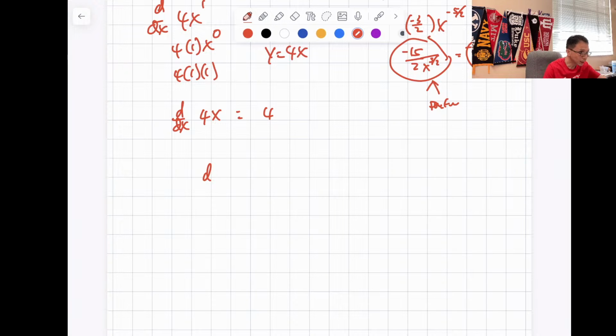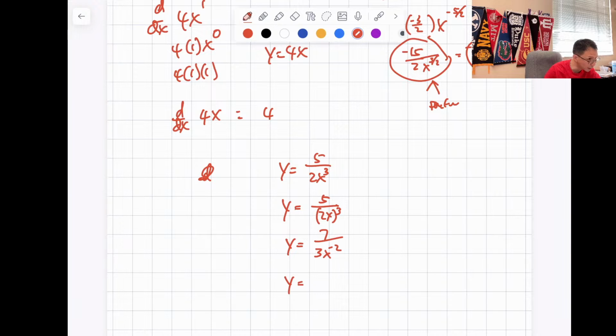So, if I take a derivative of the following things, I want to take a derivative of these: y equals 5 over 2x cubed, y equals 5 over 8x cubed, and y equals 7 over 3x to the negative 2. So if I want to take a derivative of all those 4 functions here,